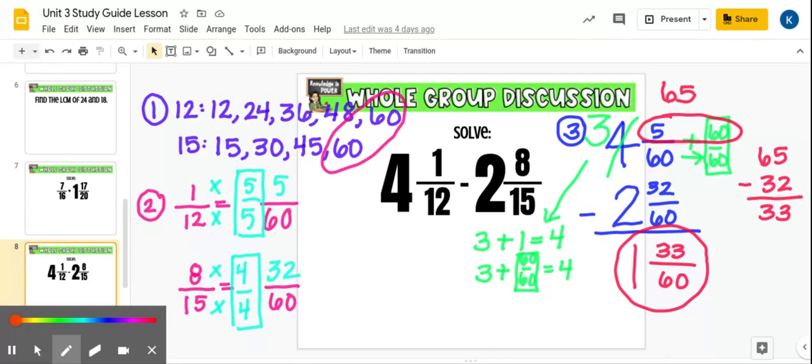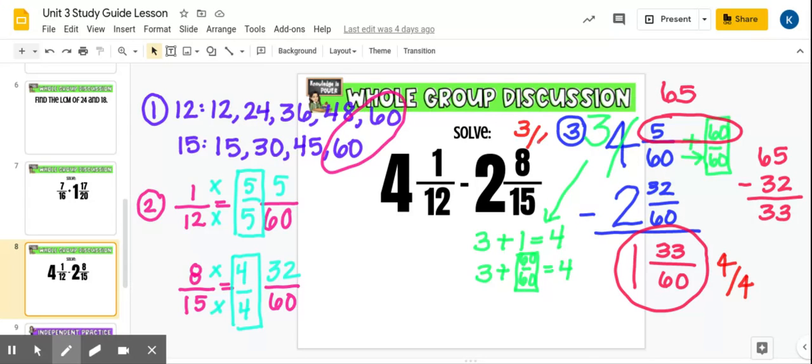When you are doing this on an assessment, know that this answer would give you a 4 out of 4. Okay? If you can get to this part right here, step 3 would be a 3 out of 4. And maybe you just don't know how to borrow. And then anything over here would be a 2 out of 4. And again, anything that you attempt would be a 1 out of 4. So pause, rewatch this video if you need to, come to office hours if you're still